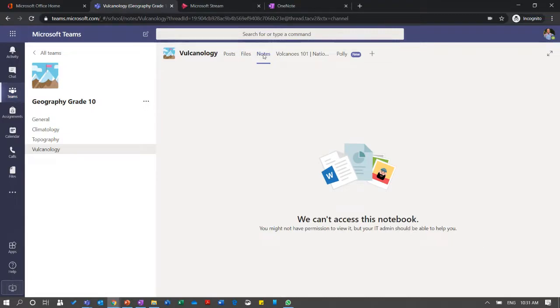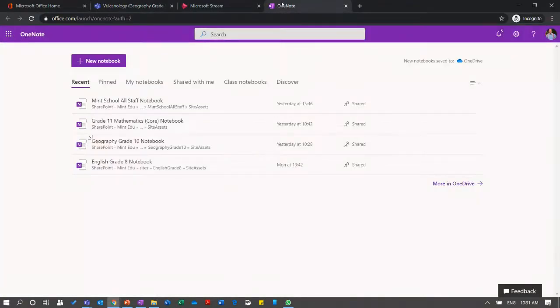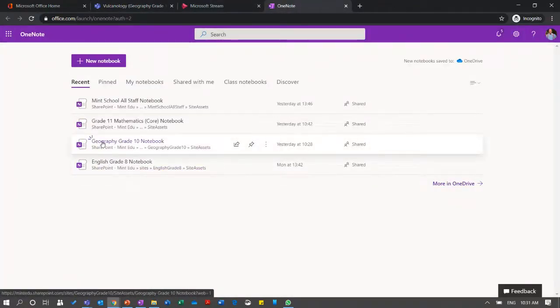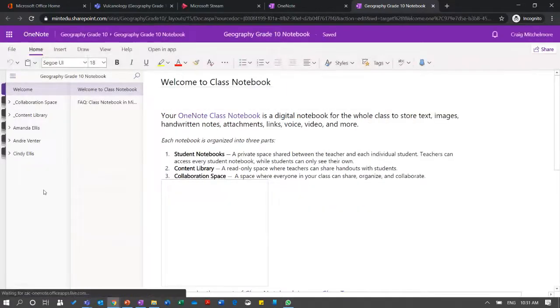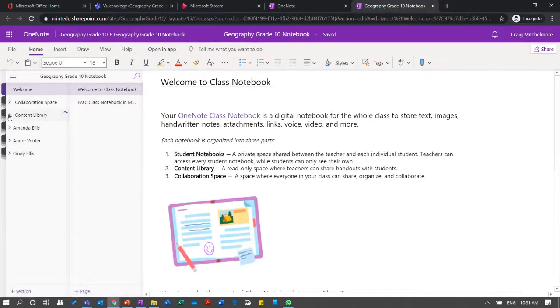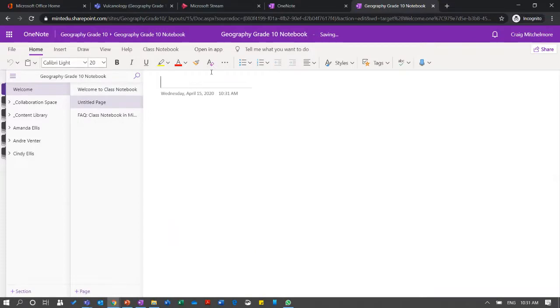All right, I'm having a bit of a problem here. Okay, so this is where it would happen. You would go in, it would look something like this, the Geography grade 10 notebook. I'm just opening it here in a web browser, and let's have a quick look and see what we're sitting with. Here's the students that we added yesterday. In your content library, you can upload to your handouts, or you can go here to the content library, add a page, and we could have class session and tomorrow's date,